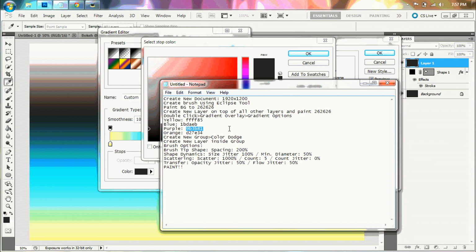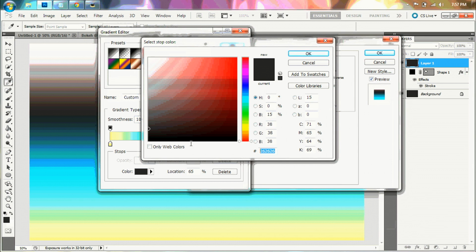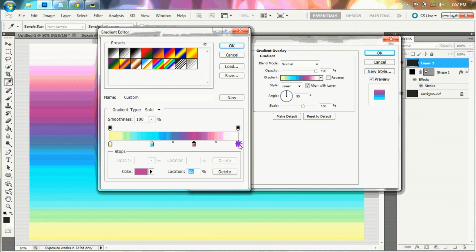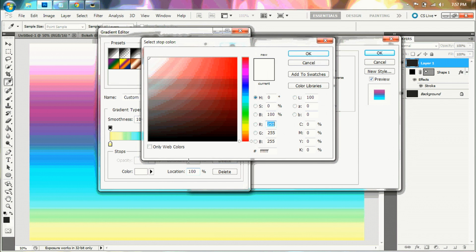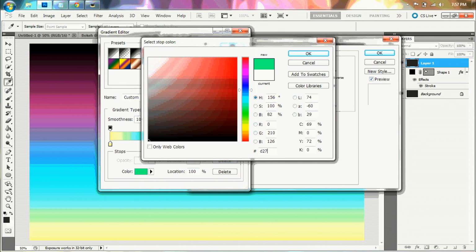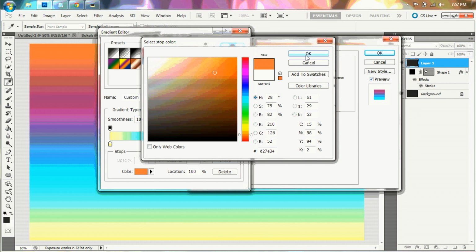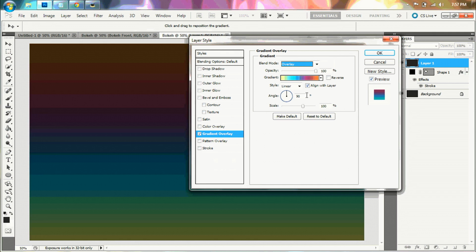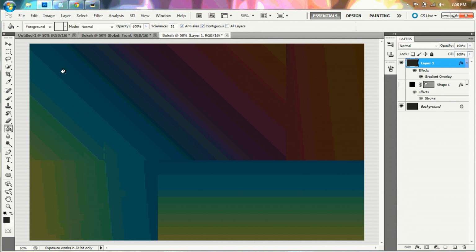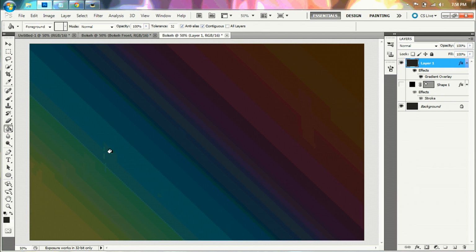The first color is going to be a baby yellow, which is going to be the hex code FFFF85. Okay, this is really slow. So FFFF85 and click OK. Double click on the second color and change it to a cyan, which is going to